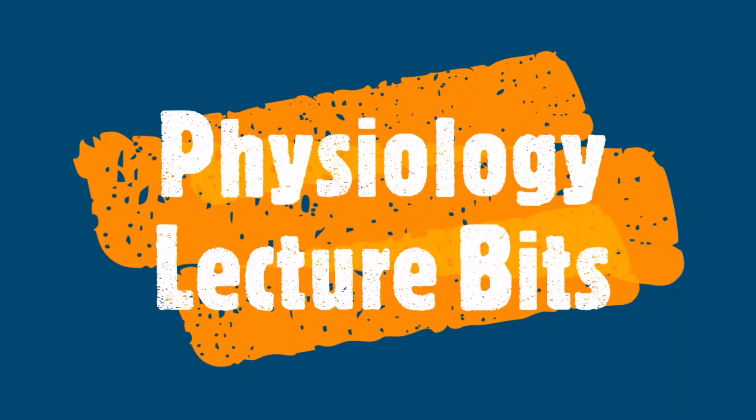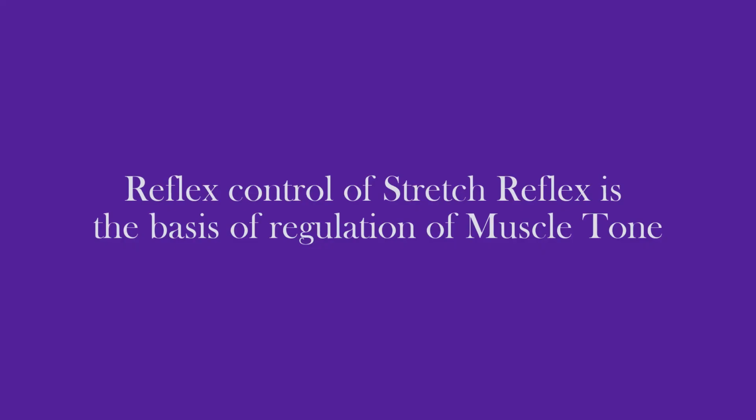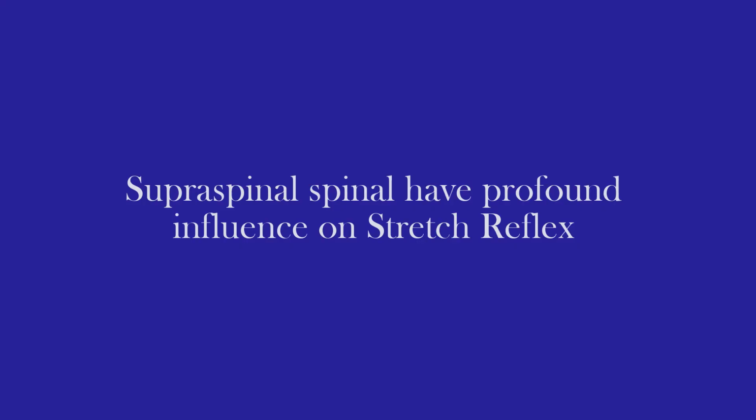This video deals with the regulation of the muscle tone. As all of us know, the reflex control of the stretch reflex is the basis of the muscle tone. Regulation of the muscle tone involves basically the control of stretch reflex by the higher centers. Let us look at how the higher centers influence the stretch reflex and how this reflex control regulates the muscle